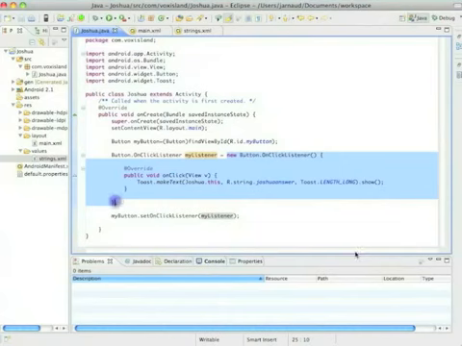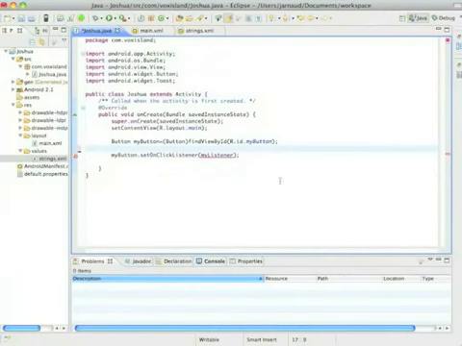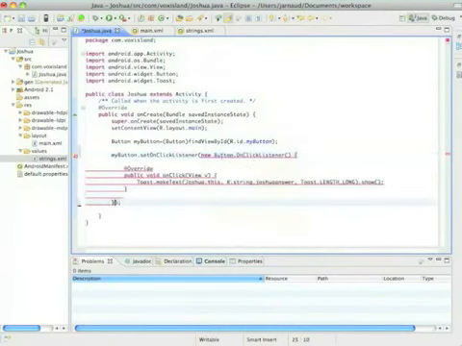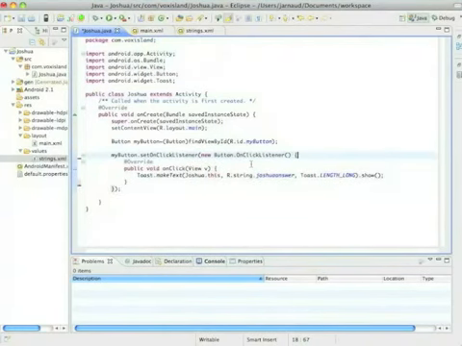Now let's think a minute. Let's think about what we have created. We have created a MyListener. Do we really need to create an object, a button on-click listener object named MyListener? Not really. What's in MyListener? In there I put an on-click listener. So I'm going to copy that. Okay. Now I'm going to delete the creation of MyListener and just replace the variable MyListener with the creation of